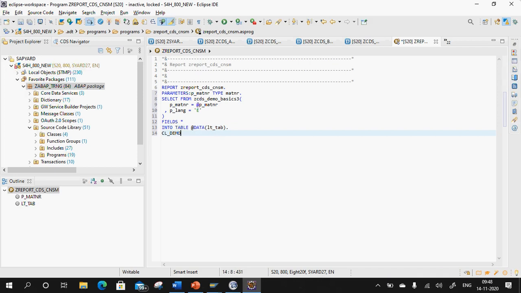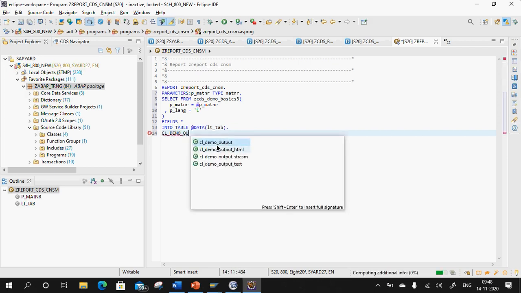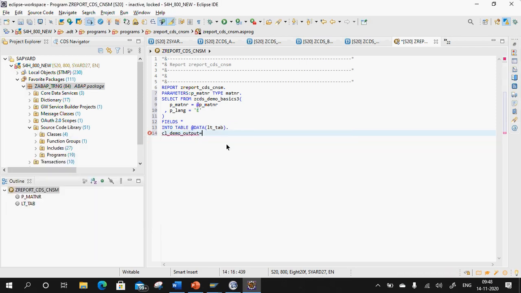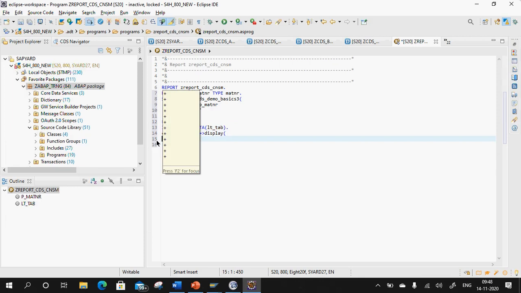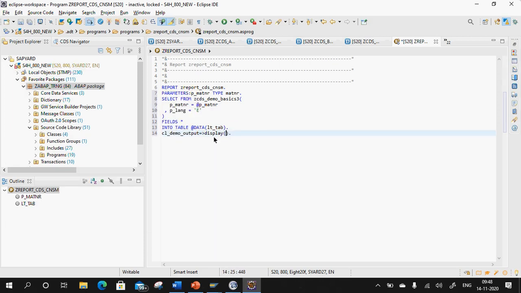Okay, now CL underscore demo underscore output display, and here I'll pass the internal table name LT underscore tab.